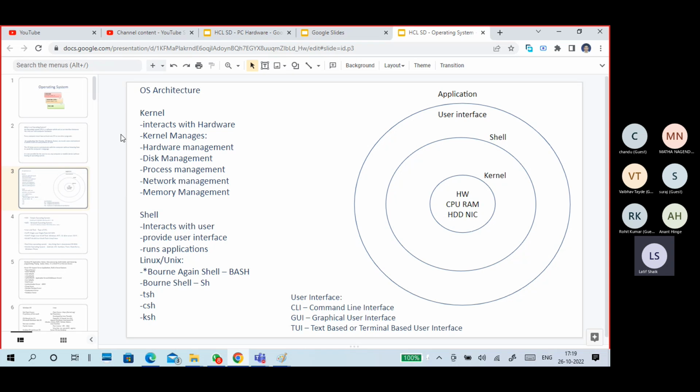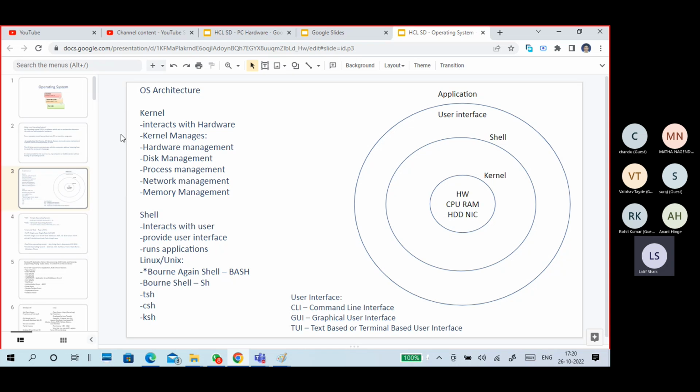Guys, when we are discussing Linux, Unix kind of stuff, generally people explain about the kernel and shell. But when you learn the Windows operating system, they don't discuss kernel and shell. There is a reason. What is the reason? We cannot touch the kernel and shell part of the Windows operating system, but Linux is open source, so obviously we can interact with the kernel and shell part. We can modify that also.